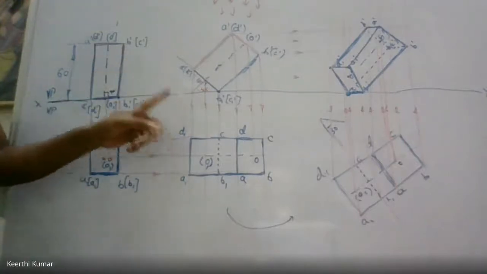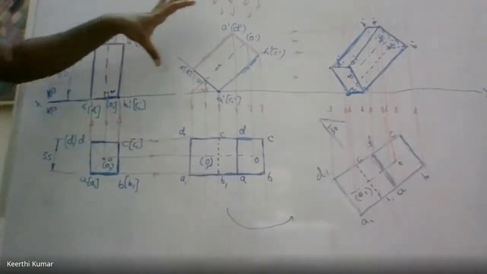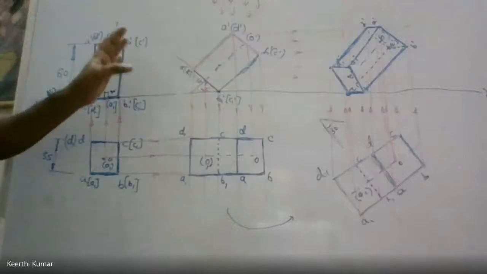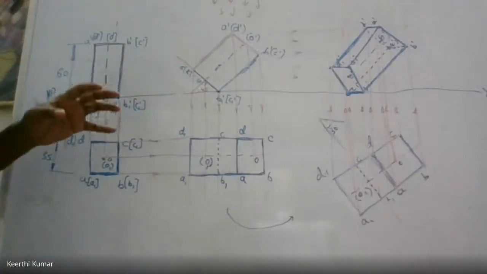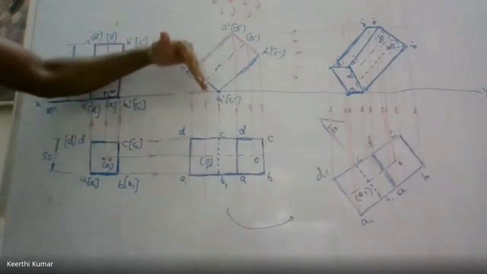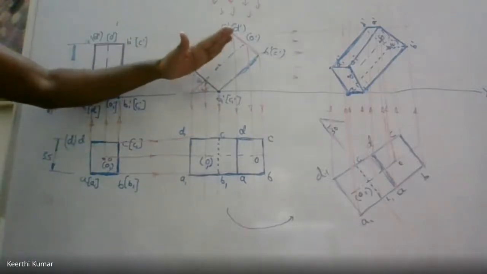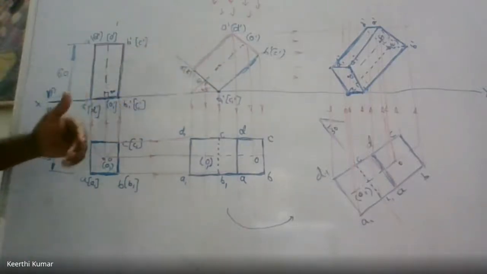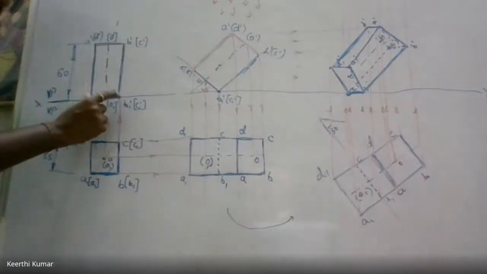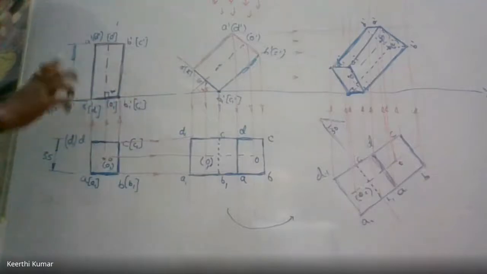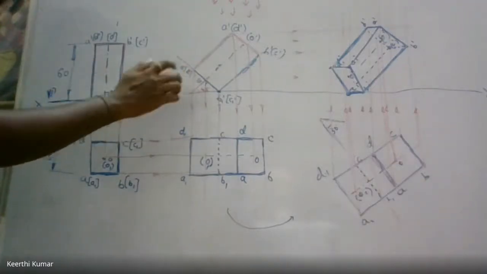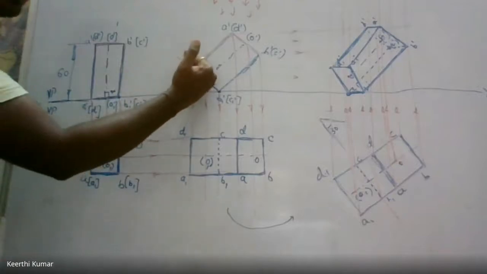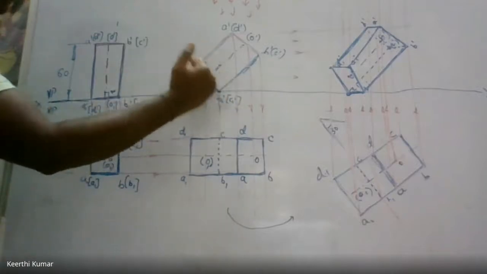Coming to this, same figure, he is telling that the axis should be at 45 degrees. It is impossible to take the axis at 45 degrees directly, so I have taken the help of the base. Rotate the base first instead of the axis. At what angle? The base should be rotated at an angle of the given axis inclination minus 90 degrees. Now the axis inclination given is 45 degrees, so 90 minus 45 is 45. So I'll rotate the base by 45 degrees first in this direction.